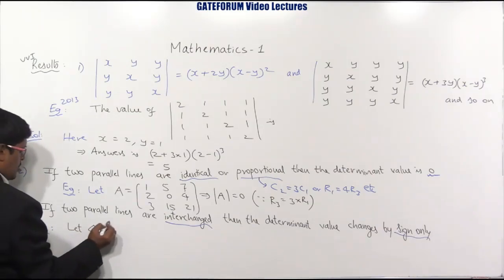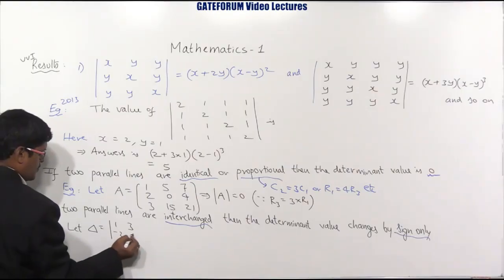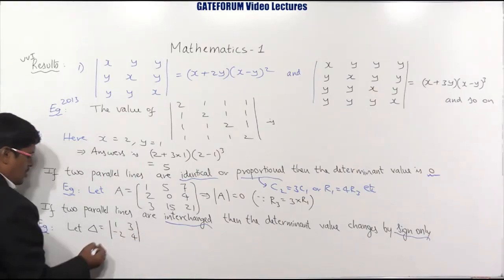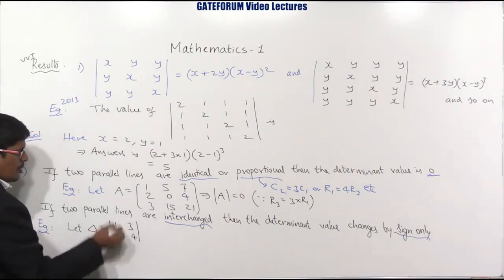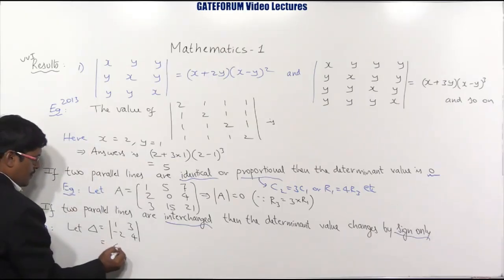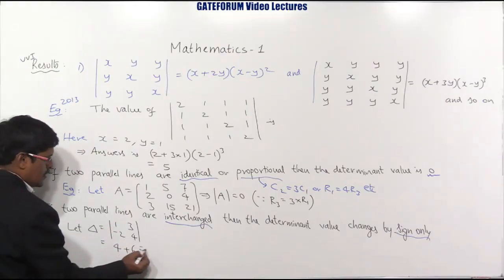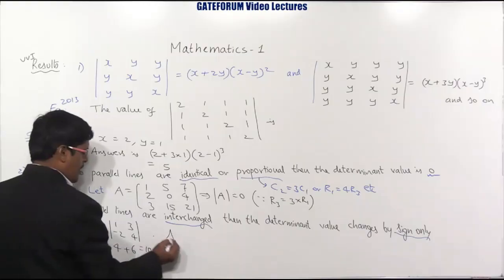Let delta represent the determinant 1, 3, minus 2, 4. What is this value? It looks like a 2 by 2 determinant, so use the previous definition: AD minus BC. 1 into 4 minus of minus 2 into 3, which is 4 plus 6, that is 10. Okay, now apply